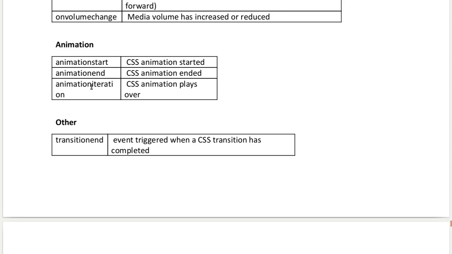Animation iteration: a CSS animation plays over again. Transition end: event triggered when a CSS transition has completed.